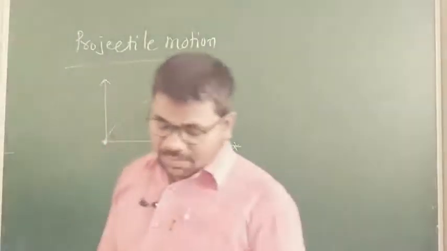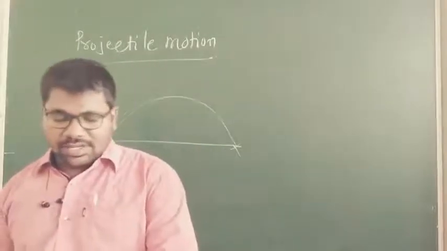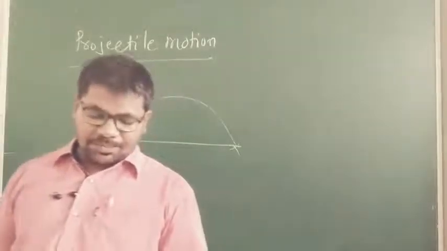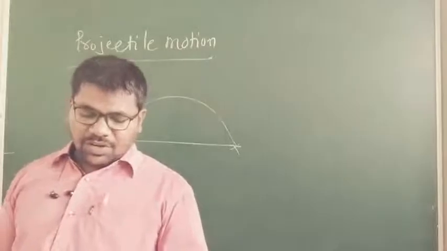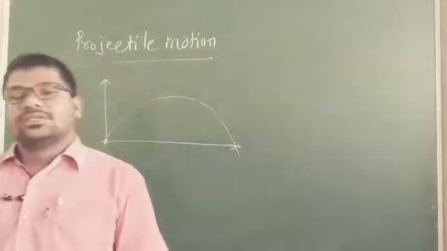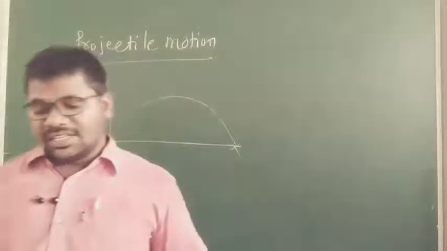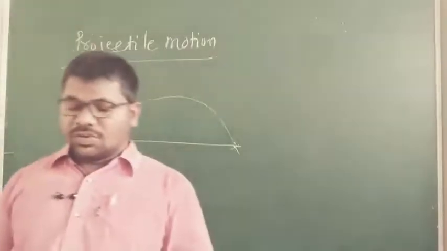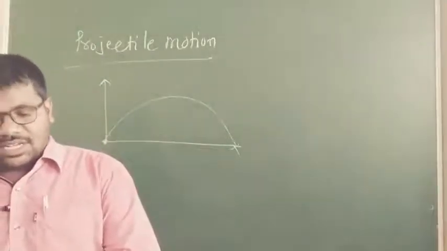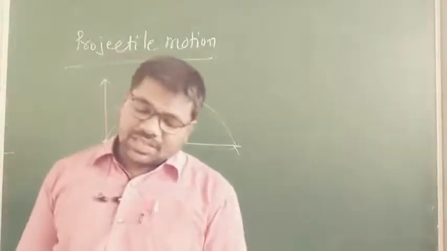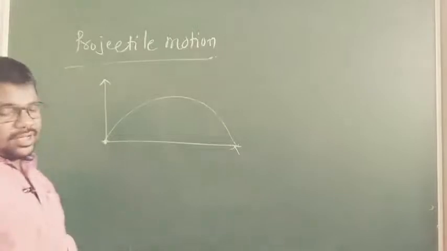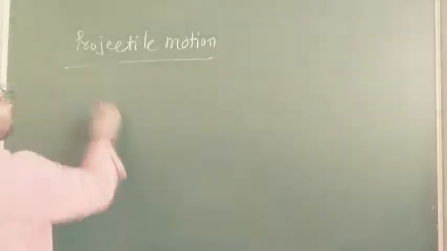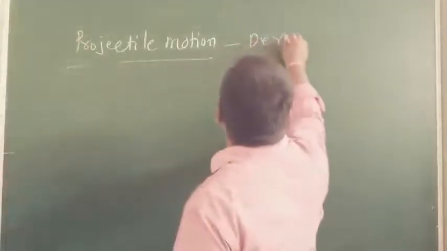Examples of projectile motion: a tennis ball or a baseball in flight, a bullet fired from a rifle, a body dropped from the window of a moving train. Some assumptions: there is no friction or resistance of air, and the effects due to rotation of the earth and the curvature of the earth are negligible. Next, mathematical analysis of projectile motion, which means the derivation.